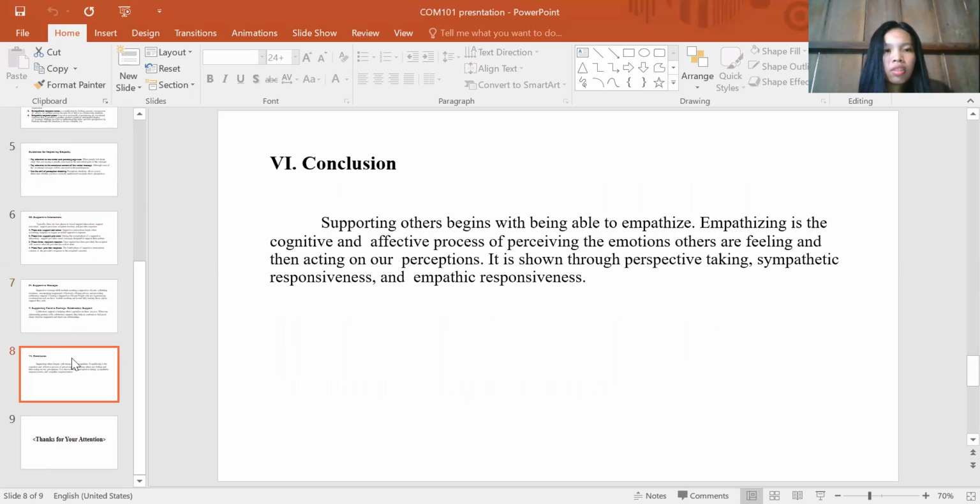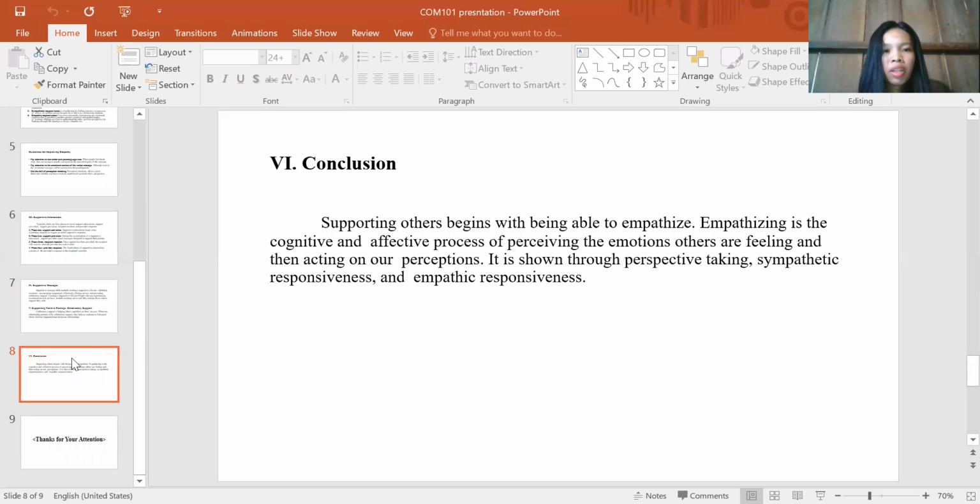And for the next slide is the last part, conclusion. The last part is conclusion. Supporting others begins with empathizing. Empathizing is the